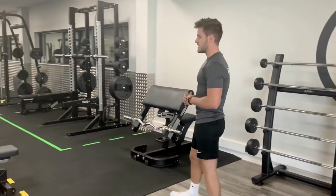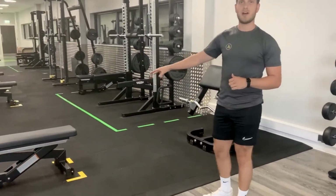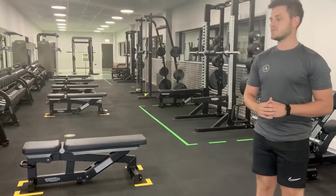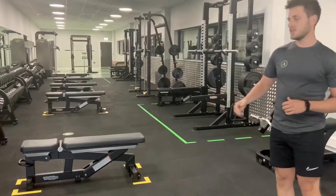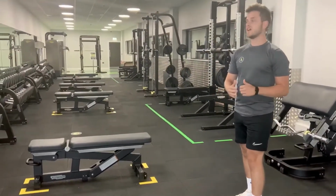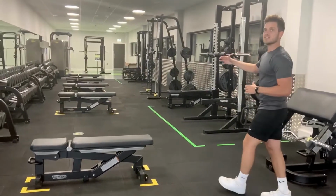Okay, so what we've got now is all the yellow markings are by your benches. Now they're completely distanced out, so you should feel safe, and these benches do not need to be moved. Anything yellow is things that don't need to be moved, which is mainly your benches. But as you walk through the free weights,